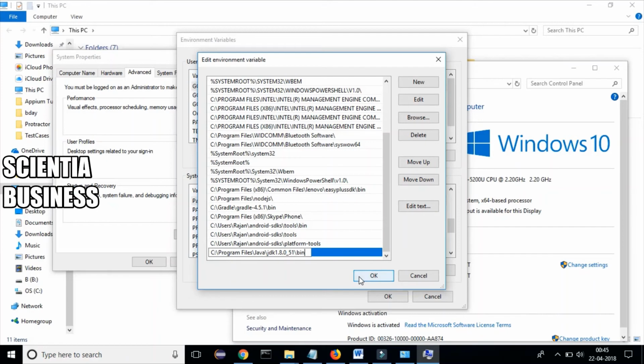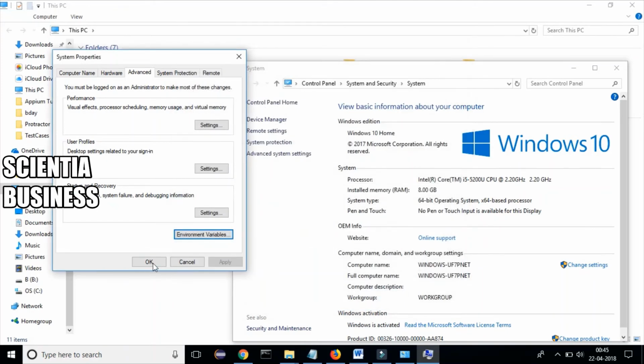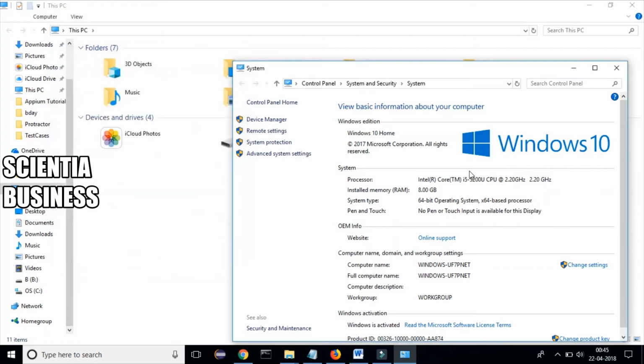As soon as you have pasted this, click on OK. You will see that now you have given the path of your Java in the environment variables, and you can verify that Java has been successfully installed and the environment variables have been configured on the PC by just opening the command prompt.